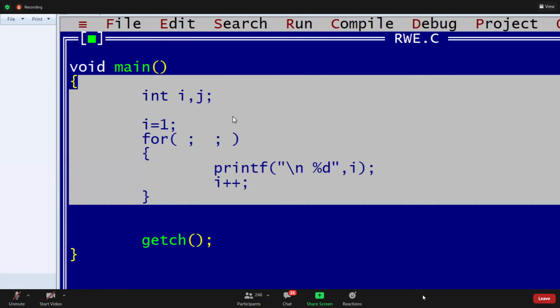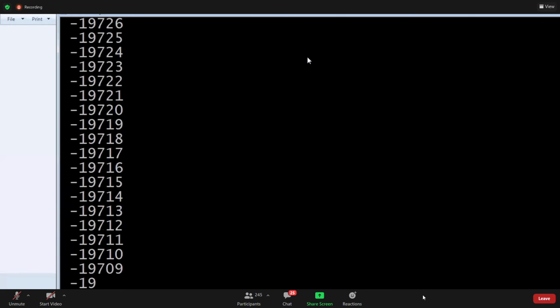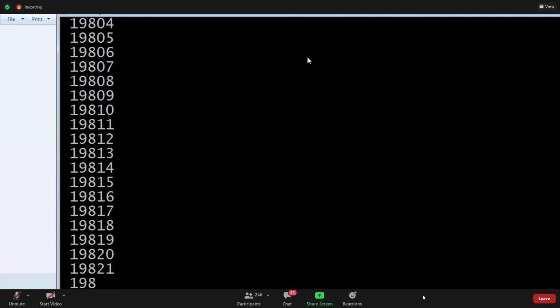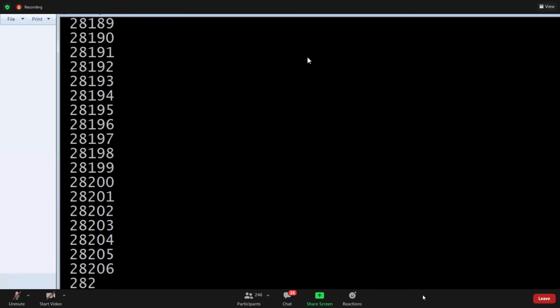Now what is the answer for this, guys? It is an infinite loop. There is no condition, it's an infinite loop. There is no increment here, it is there, no problem, guys. Now infinite loop, check it. No stop condition. It will execute till the condition is false.